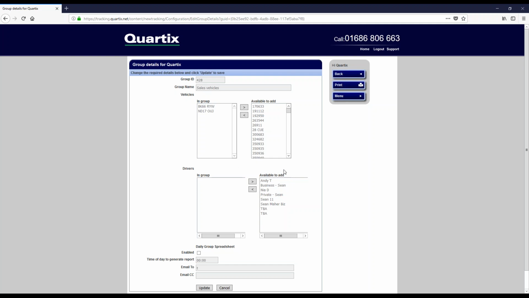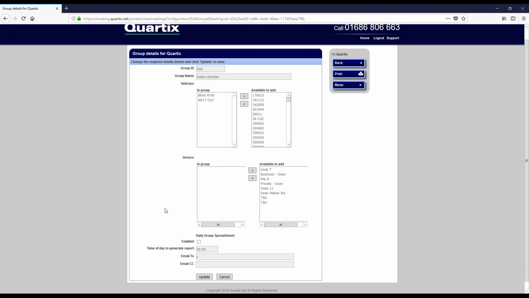The below bit here is for drivers, so if you had driver ID enabled, you could actually have groups with particular drivers in there. Also in this option here, if you joined me again for the timesheets webinar, you can enable the daily group spreadsheet. So if you wanted to enable that, you can specify which time of day you want to receive it. You can put your email address in there and it will email it to you automatically every day for that